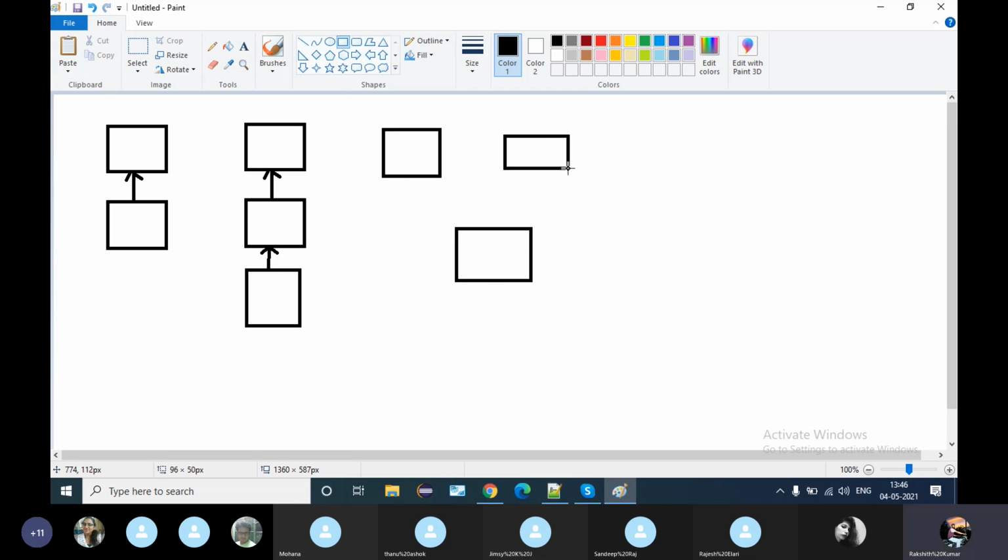Okay, one subclass having more than one superclass. This is what we call multiple inheritance. Multiple inheritance with respect to classes is not possible, but with respect to interfaces it is possible. So this is what multi-level is, that is one superclass having